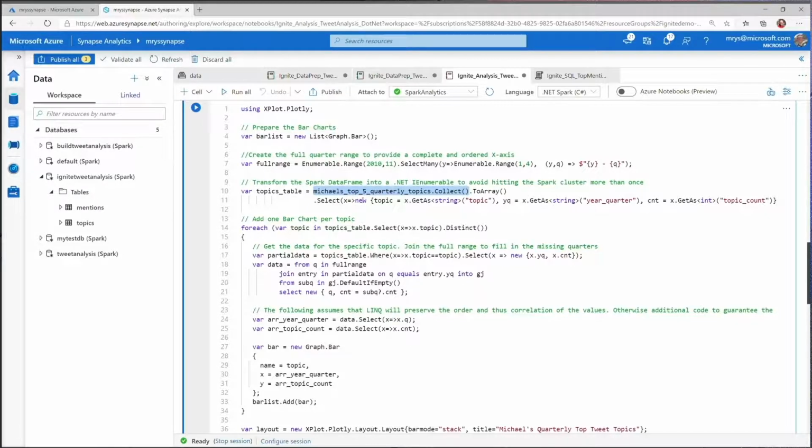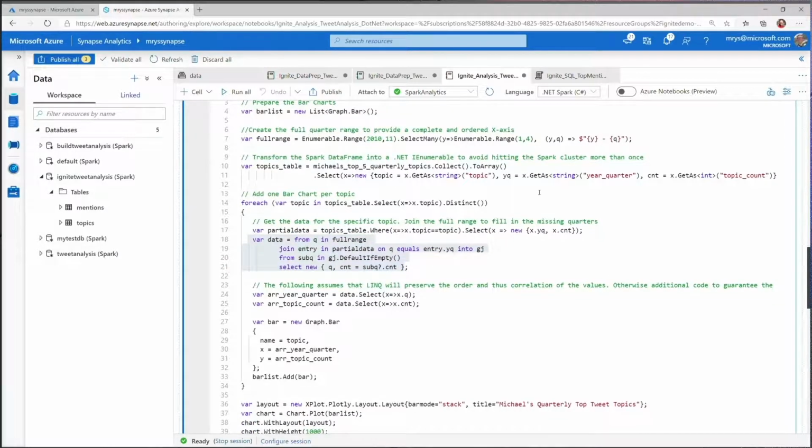In particular, I use a bunch of LINQ expressions, both here as cascading expressions or down here as the LINQ SQL-like experience, to process the data in main memory to do my visualization. Now, obviously, these LINQ expressions will be processed in memory. They will not be sent over to my